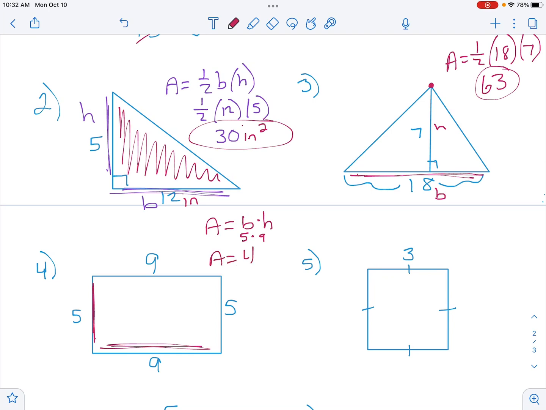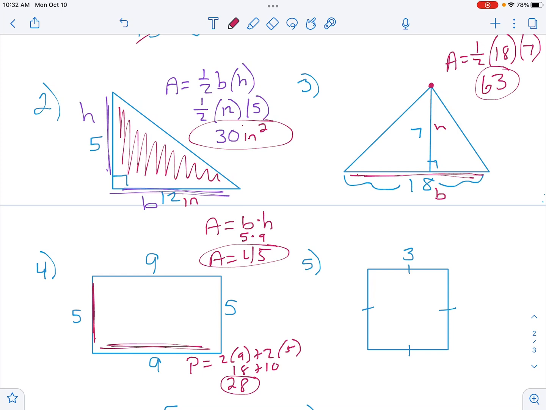So my area is 45. Now my perimeter, I'm going to add all the sides together: 9 plus 5 plus 9 plus 5, or 2 times 9 plus 2 times 5, which would be 18 plus 10, so 28. Now your square, sometimes you're only going to be given one side, but what do these little